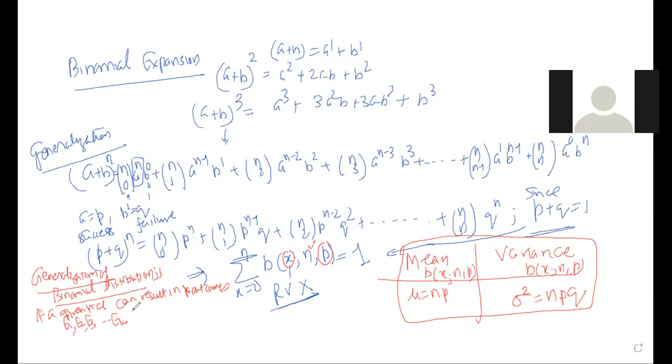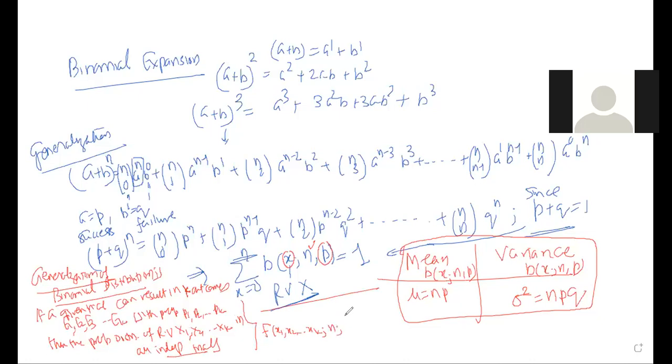K outcomes, you can just keep this thing in mind with probability P1, P2 up to Pk. Then the probability distribution of the random variable x1, x2 up to xk, representing the number in all independent trials, is given by f of x1, x2 up to xk, then n, then p1, p2 up to pk, and that is given by n choose x1, x2